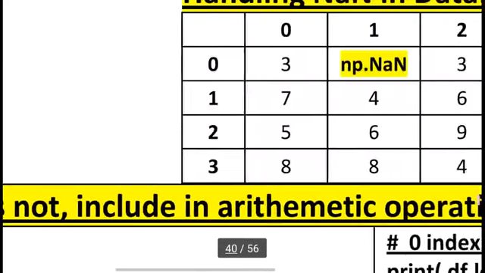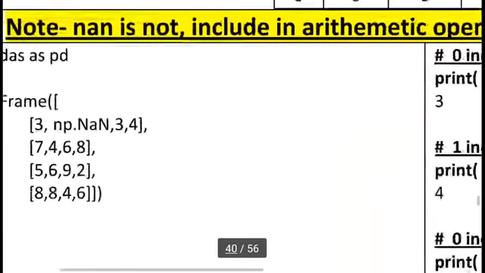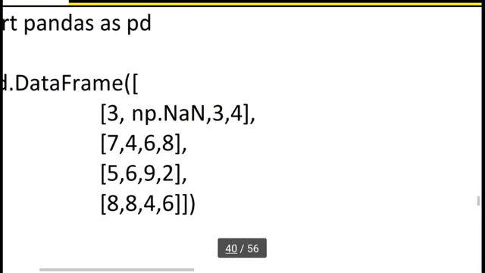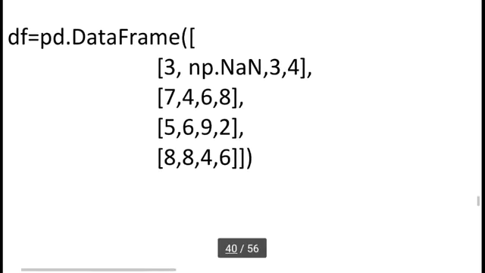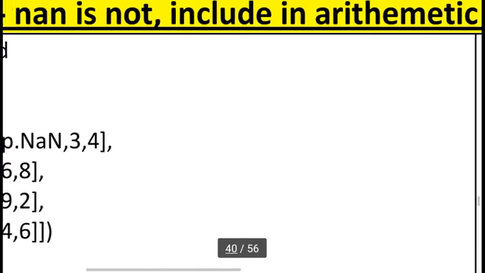So this is our table first, and I want to store this table in a data frame. We know very well, directly you can type the list inside list concept. I have used that here. We can also use the dictionary concept, where we use keys and values and curly braces. The same thing we can use, but here I am using the list inside list concept. So this is a simple way to store these values in pandas.